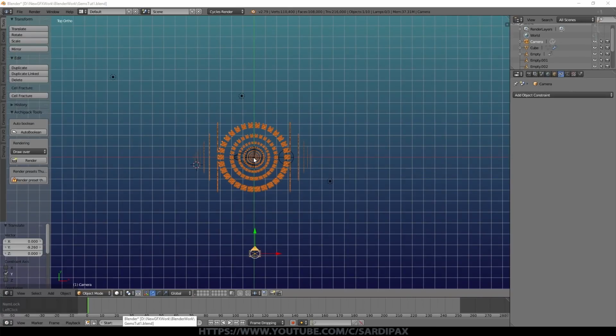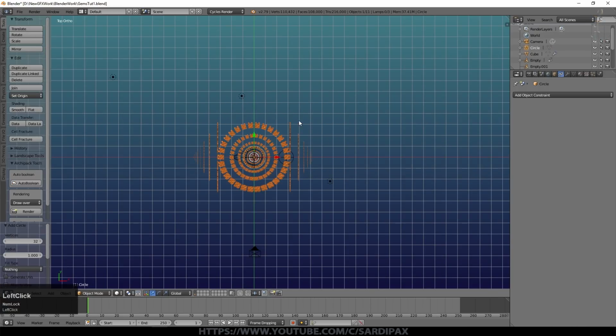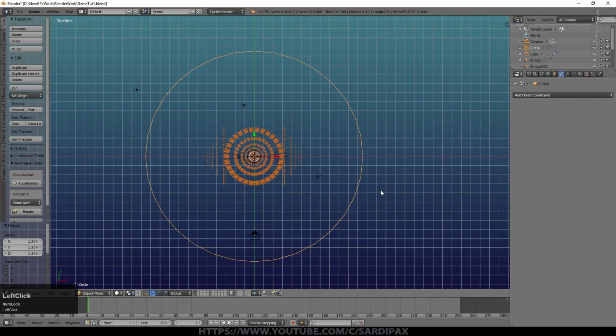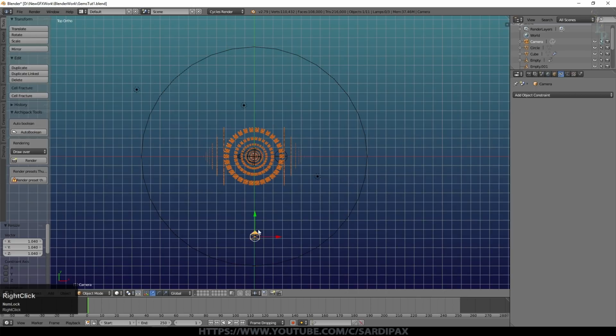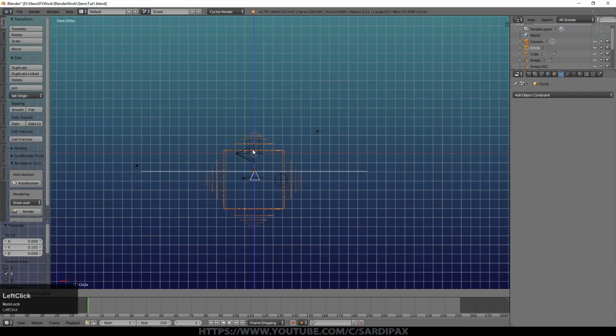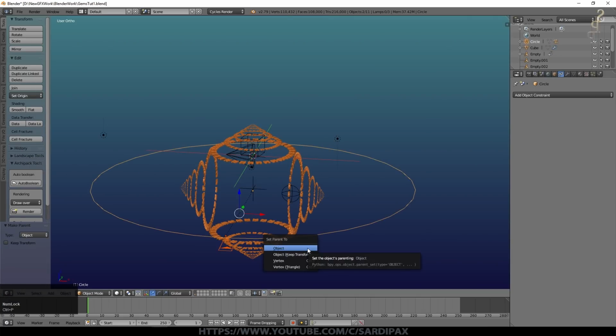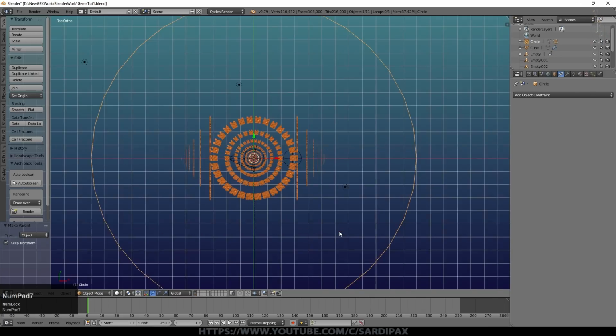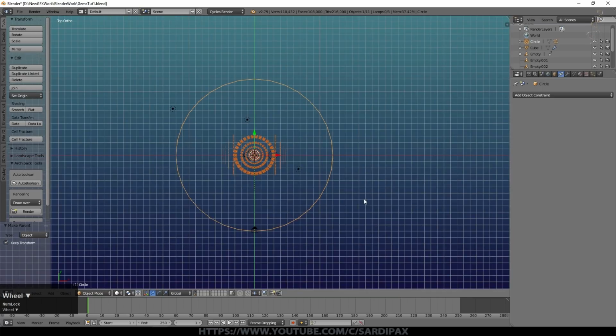So now we need to put some mechanism for moving the camera on. So I'm just going to put the cursor in the center, then add a mesh circle. Because it doesn't really have any dimensions yet, it won't be visible, and I'm not going to give it any. I'm going to put the camera coincident with the circle and just move those down to about level. And then I'm just parenting the camera to the object, keep transform, and now select my circle. If I rotate on the Z, my circle, you can see the camera goes with it and keeps pointing toward the middle.